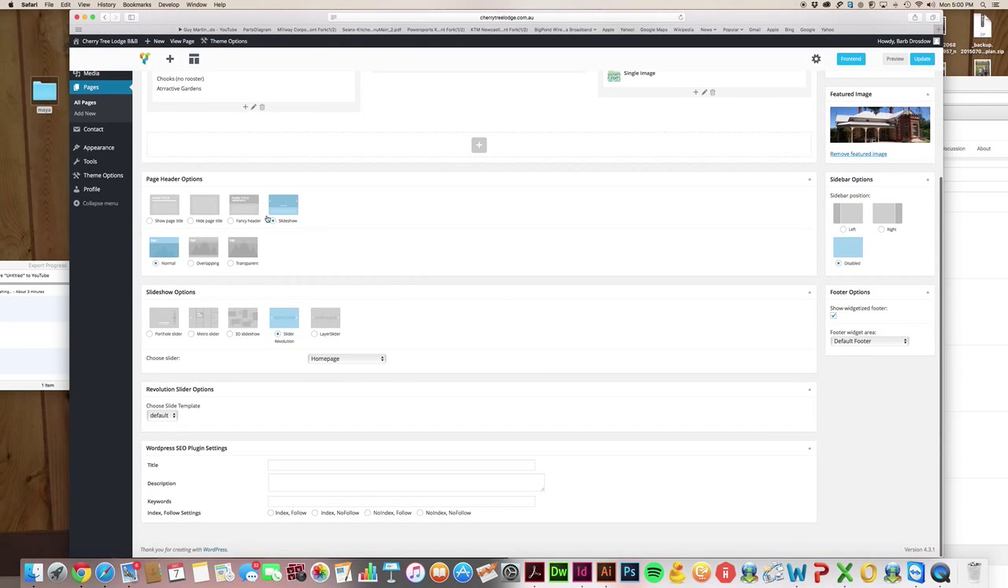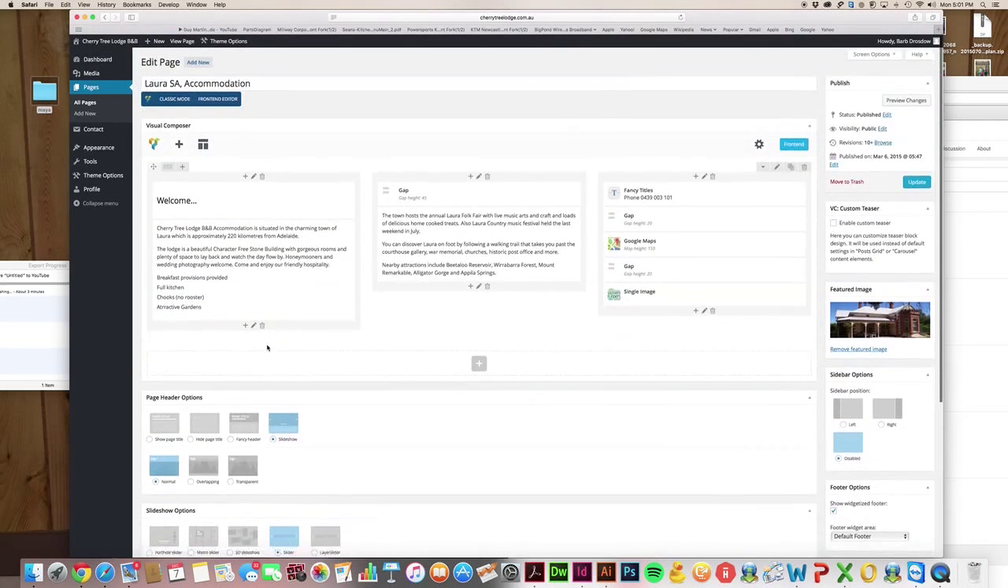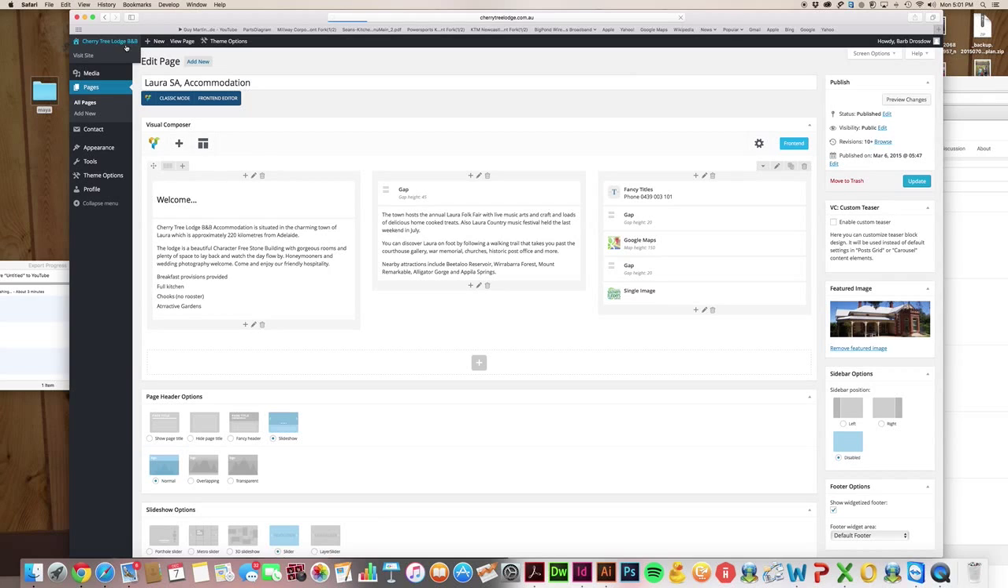These bits and pieces here, you won't need to adjust. That's a slideshow. If you change that, your slideshow will disappear. Okay, and we're using Slider Revolution. I have set up the slideshow as the homepage slideshow. Okay, so if we went back to Cherry Tree Lodge,